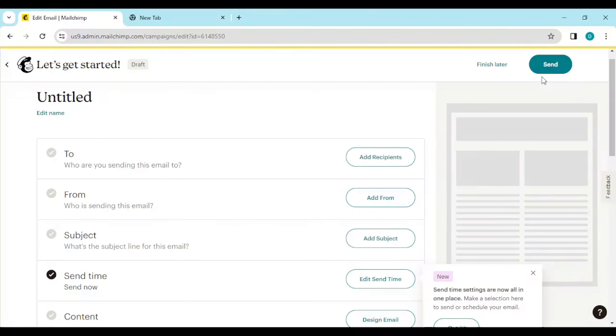Send is located by the top right corner of the screen in a box here. Click on send, and that's how you can edit